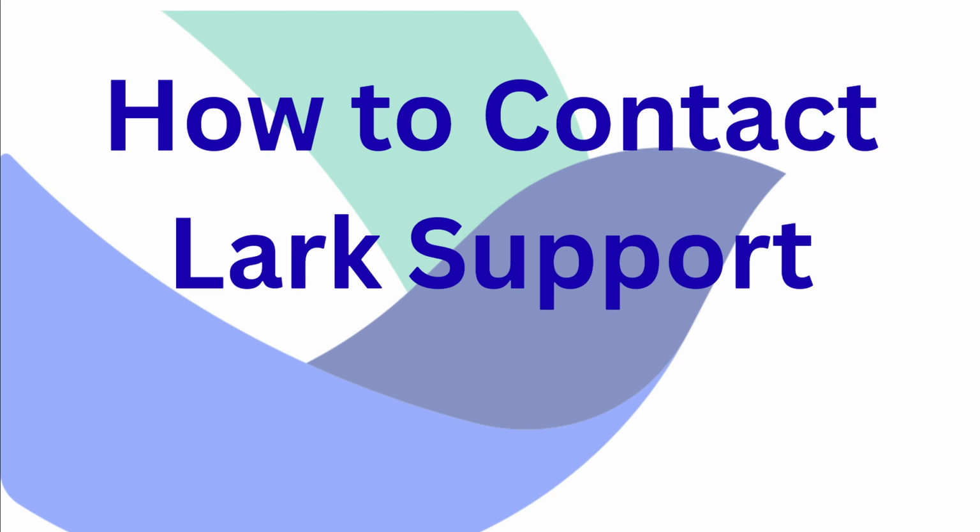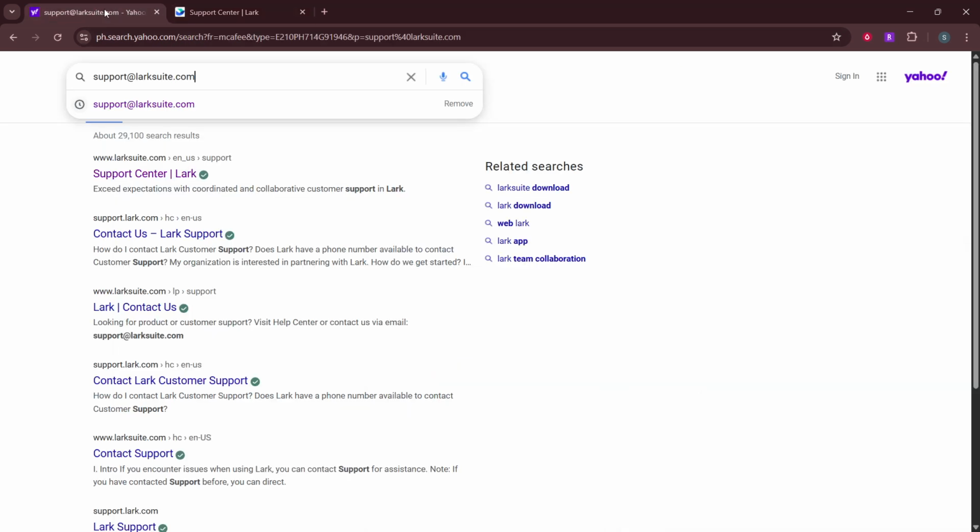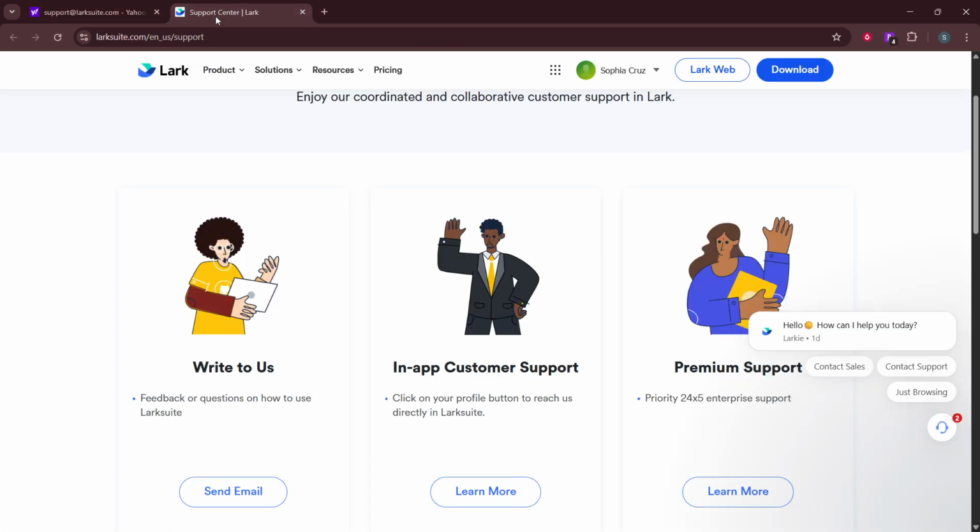Start by opening the Lark Help Center. Use any web browser you like. In the address bar or your preferred search engine, look up the Lark Help Center and open the official page. Give the page a moment to load. This hub includes guides, FAQs, and that all-important chat entry point we'll use to talk with support. Having a stable internet connection helps the chat load quickly, so if things seem slow, let the page fully finish